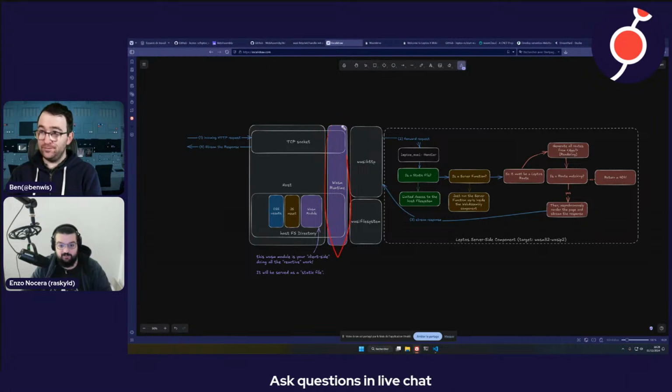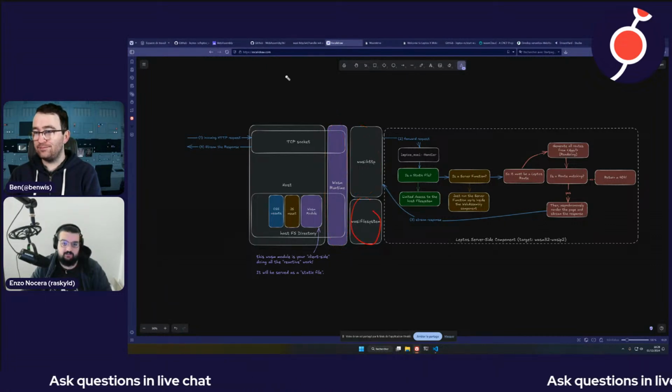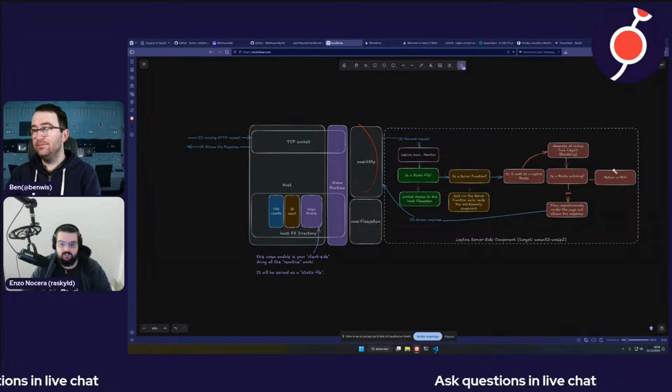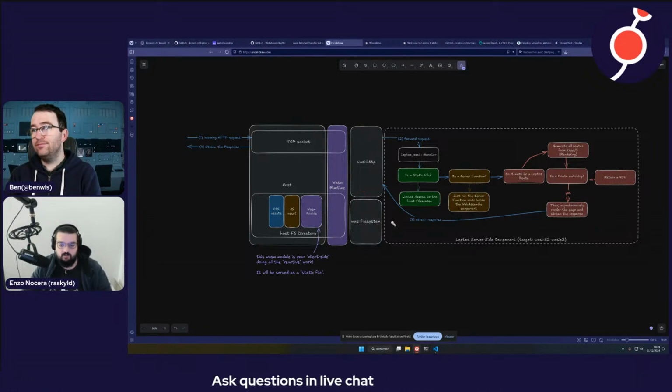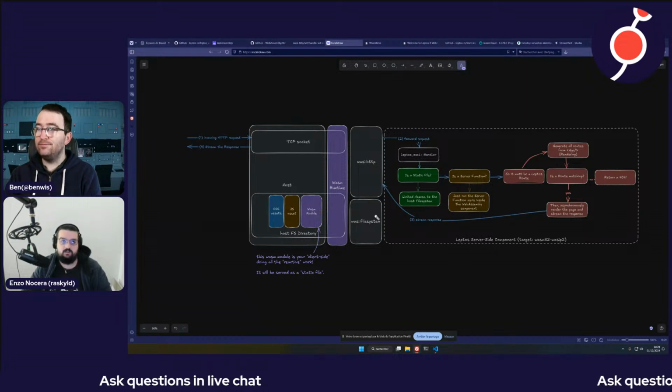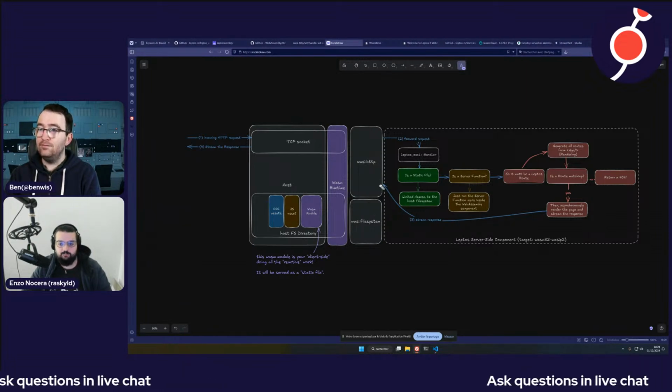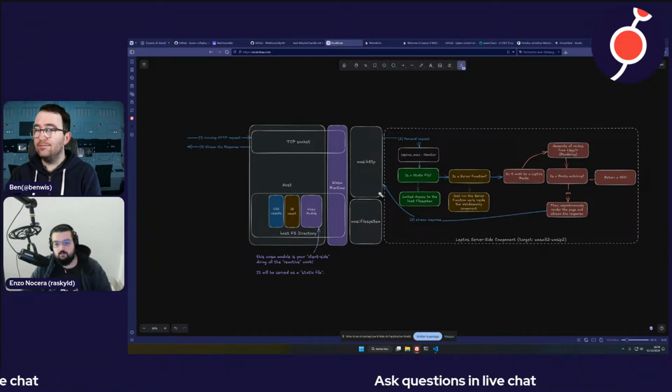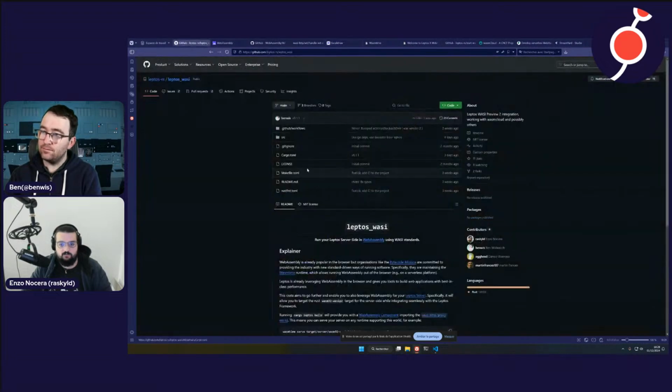You run your WASM runtime on top of it, and you can choose these nice interfaces that we just saw and expose them to the module, which is called a component in WASI P2, basically. And so the crate I have been working on, which is this one, the Leptos wasi,